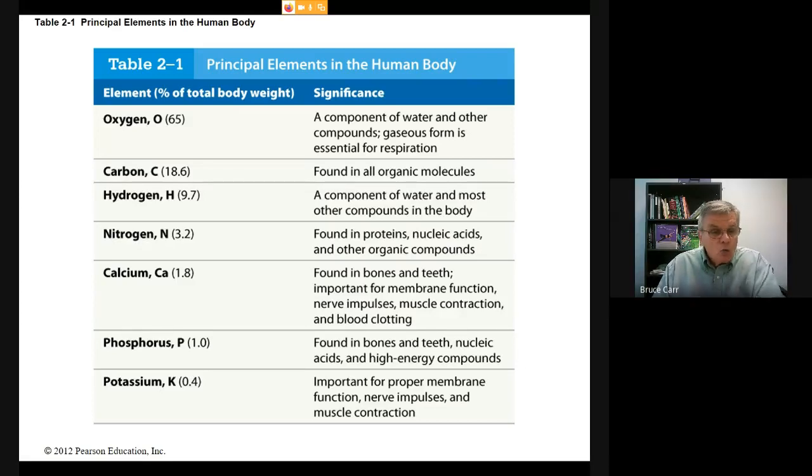Now, in the human body, we have a lot of calcium only because we have bony skeletons. Since we're vertebrates, we have a lot of calcium, almost 2% of our body weight, but most of that is immobile as a hard crystalline rocky-like solid that makes up our bones. Then we have phosphorus, and you notice we're down to an element that only is 1%, but it's very important in bones and teeth. But it also forms a critical part of 2 very important kinds of molecules, proteins and nucleic acids. Now we're down to potassium and only 0.4%,